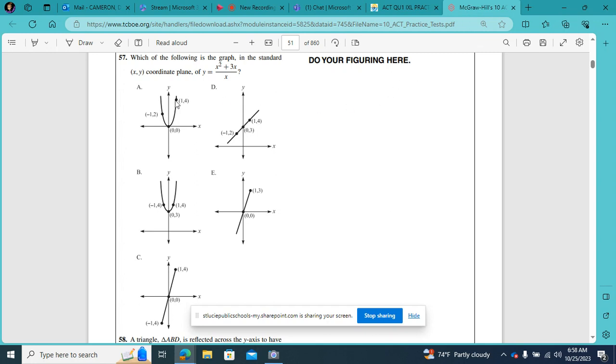Right, when we look at question number 57, immediately it says, which of the following is the graph in the standard XY coordinate plane of y equals the sum of x squared plus 3x over x? Immediately, the first thing that you can do to solve this is when you have your graphing calculator in your